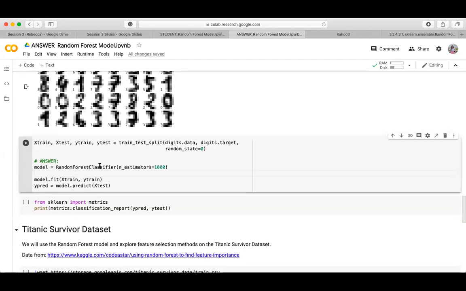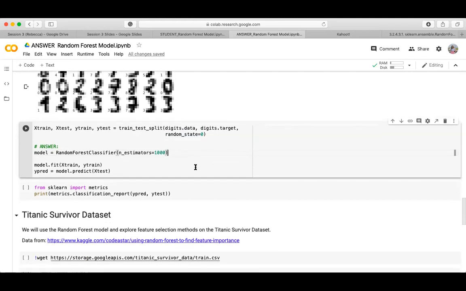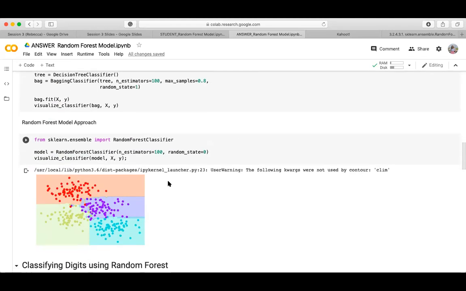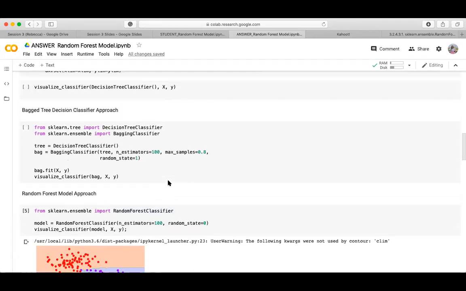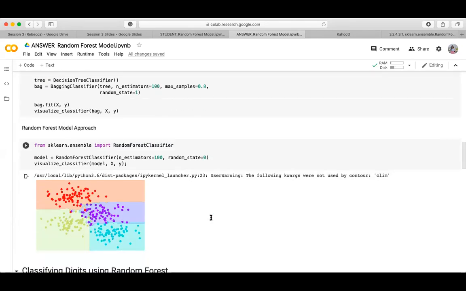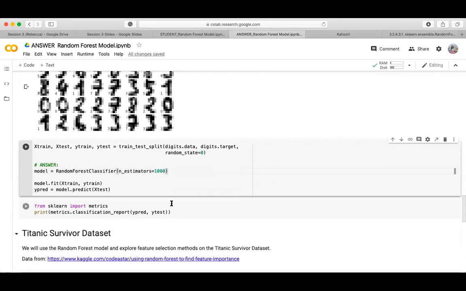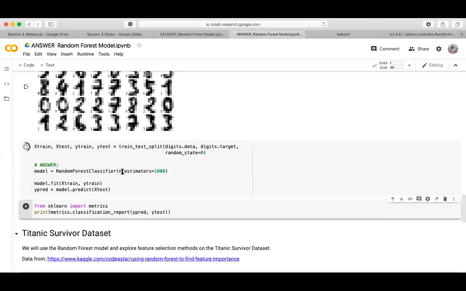The random forest classifier also has a random state hyperparameter, but so does the train test split. If you were wondering what this meant, you could search up train test split and random state and look at the documentation. So this was the answer, and all you had to do was copy and paste, I think, this line. This one has random state equals 0, and you could delete that part or keep it. It doesn't really matter. So if we run this,